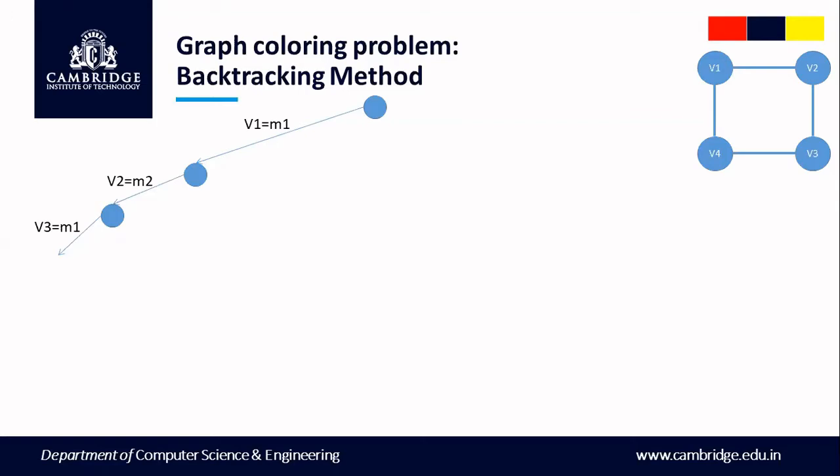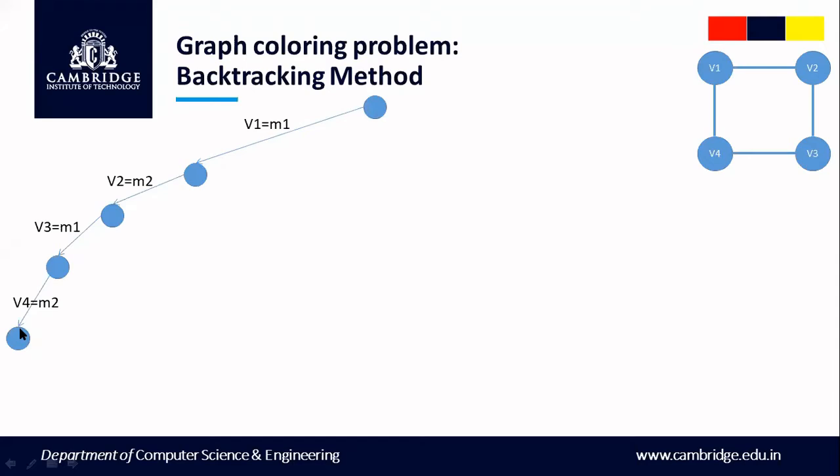So we'll try to assign one at a time. In this state space tree, we will assign M1. Then when we assign M1, how about V4? M2. Now it becomes a constraint. Can we assign M2 or M3? Any one of these? So we can assign M2, right? So this becomes our one solution. This path, that is M1, M2, M1, M2 combination. So V1 can be assigned with M1, V2 with M2, V3 with M1, and V4 with M2.